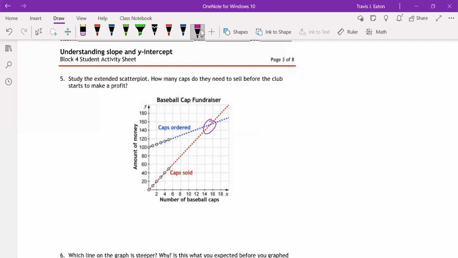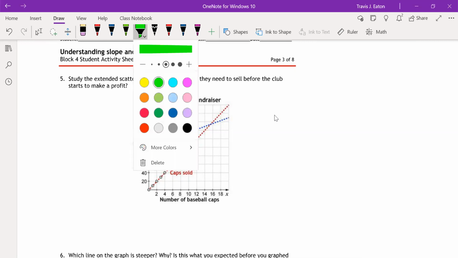So in order for them to make a profit, how many caps are they going to need to sell? Let me erase my little circle that I made there. How many caps will they need to sell in order to start making a profit? So something you might want to take a look at is, while we're doing this,